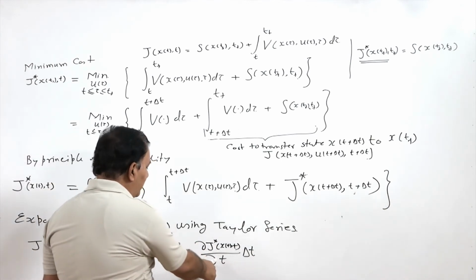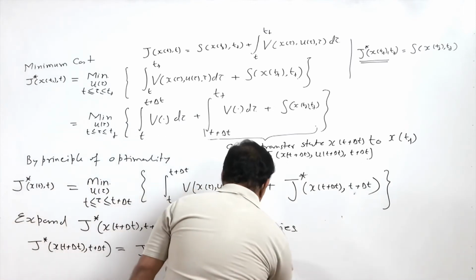So, I have the term ∂J star by ∂t Δt plus,